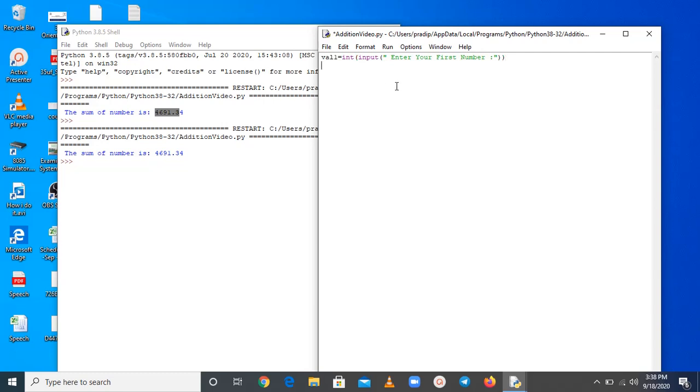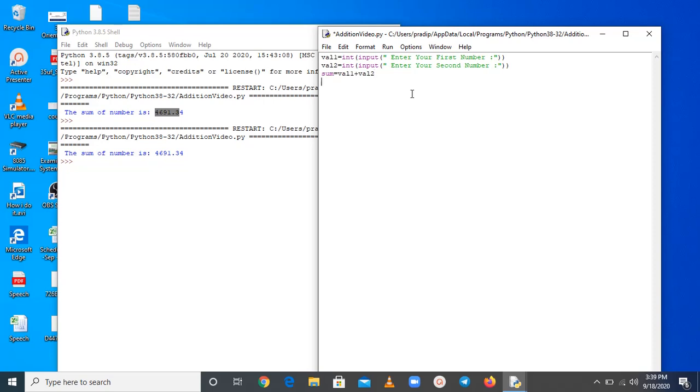Okay. Again for the second value, just copy paste. Okay. Here, second number, okay, and you have to add, so sum equal to. Actually, here I have mentioned integer, it is totally up to you. If you want to mention integer, you can mention. If you do not mention it, the program is not going to generate any type of error. So, do not worry about that.